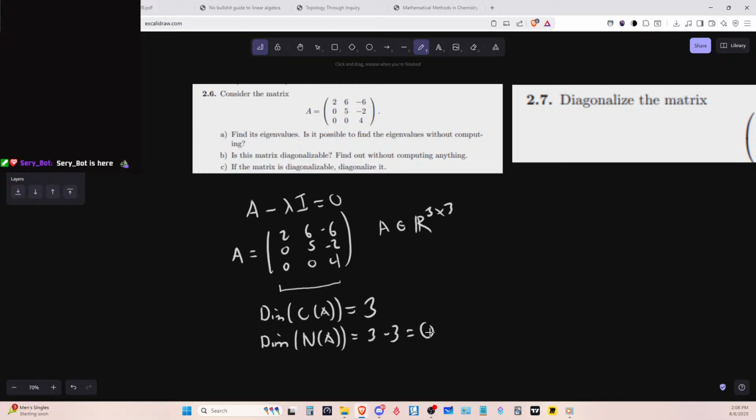So, how do we calculate the eigenvalues without having to do any computation? Well,